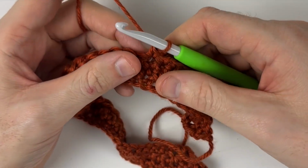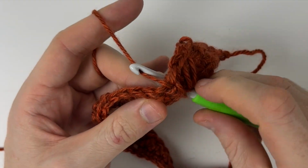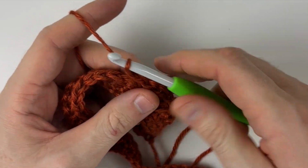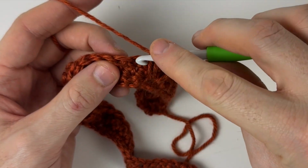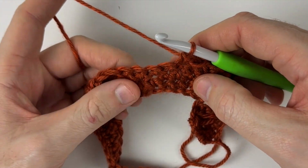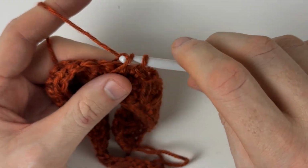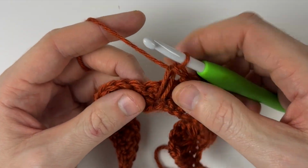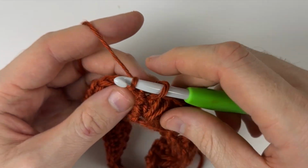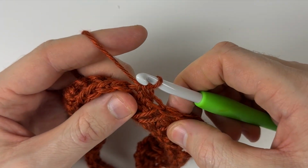All right, so now we're going to work our next elongated single crochet by going back into that chain 1 space, pulling up a loop, and then yarning over and pulling through 2. We skip the next stitch, single crochet into the next stitch after that, find that chain 1 space, insert our hook, and pull up a loop. We pull through 2, skip the next stitch, single crochet into each of the next 3 single crochets, and